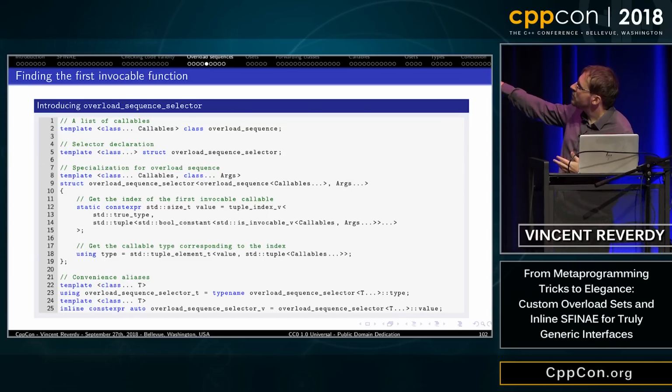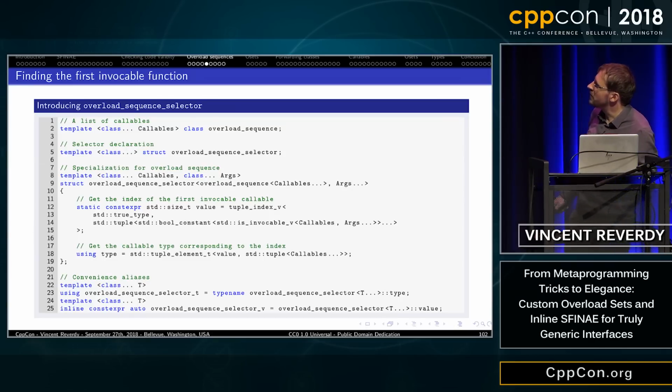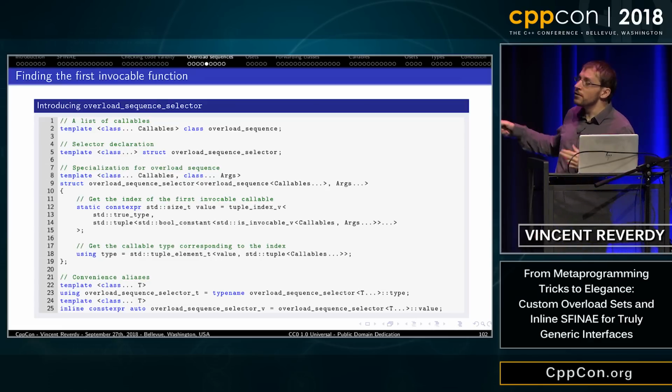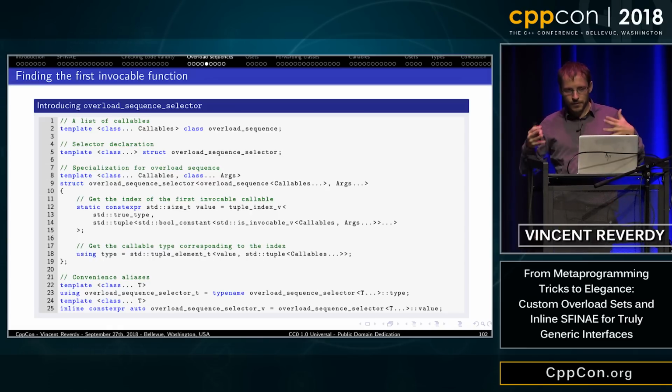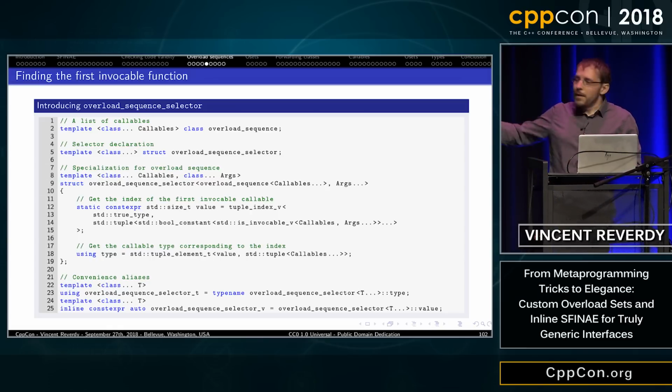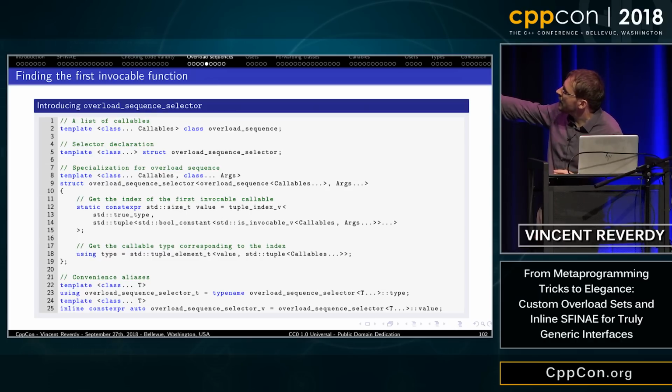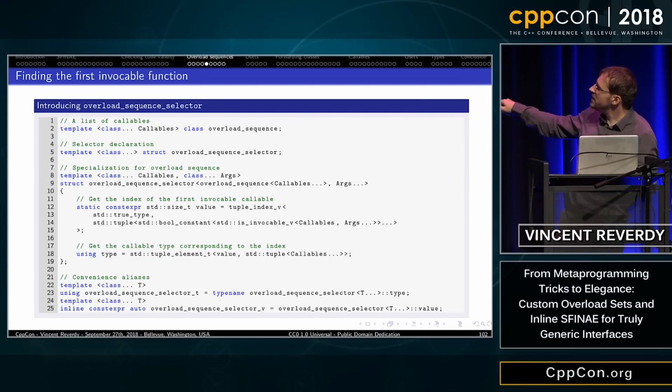So now if I want to find the first invocable function, here's what I can do. I declare an overload sequence that will be a class that will do all the trickery. Then I create an overload sequence selector, and what it does is that you give it an overload sequence of callables and a list of arguments.